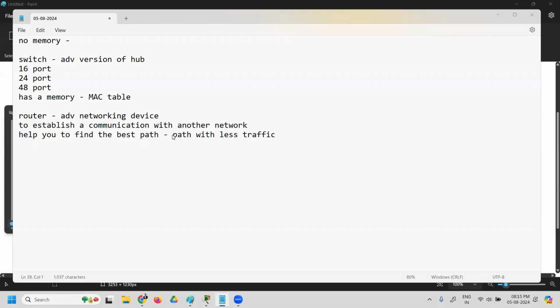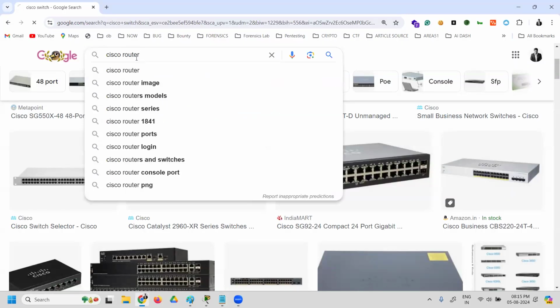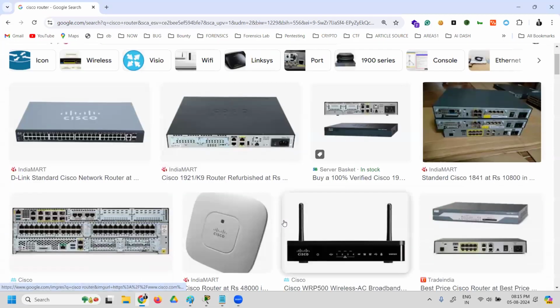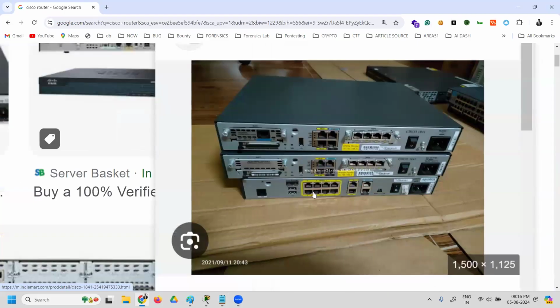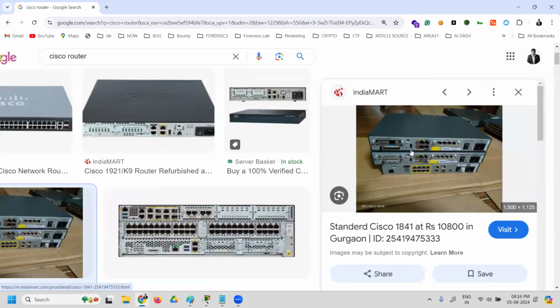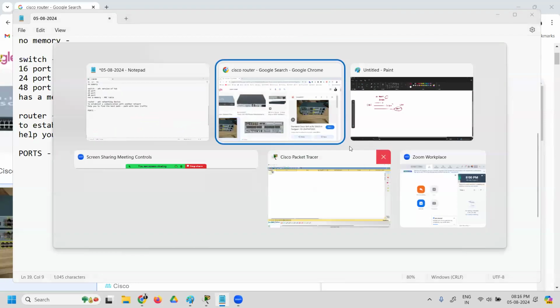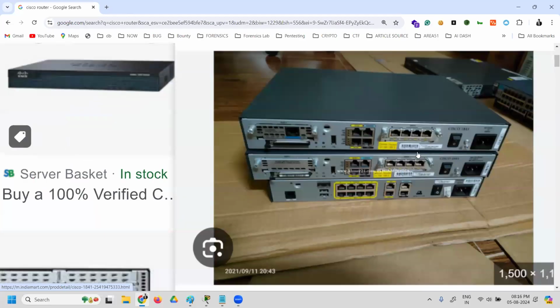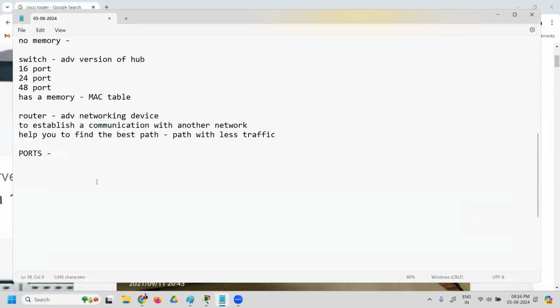All right. So how does a Cisco router look like? A Cisco router looks something like this. See, this is a Cisco router with ports on the back side. It has many ports. Talking about ports, I keep repeating this term. What are these ports? These ports are nothing but the connection points in each device at the back side. If you can see here, you have many connecting points. These are called ports.